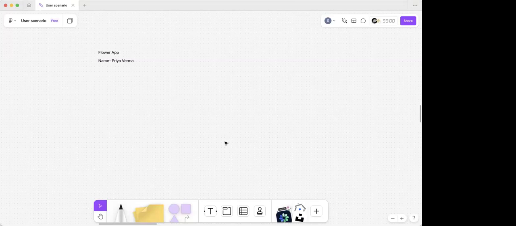And my persona's name is Priya Verma. This is again a made up name that I have given. Right now, before getting into the user scenario, I'm going to write down a scenario first, or if it's not a scenario, then it's a goal of a user. So what would be the scenario or what would be the goal? Like, let Priya want to buy flowers for her